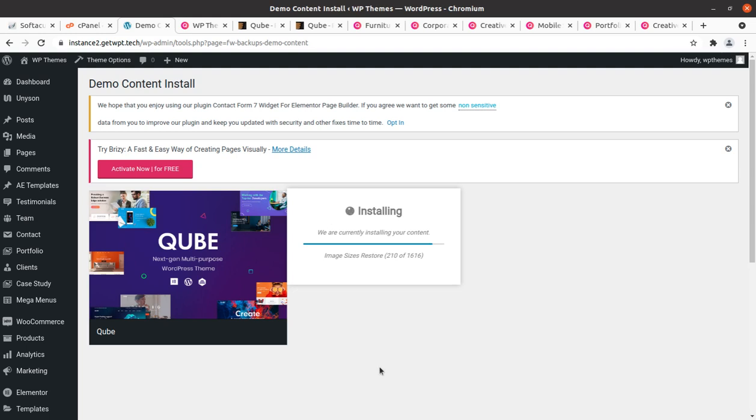And now the image resizing is going on, and there are 1616 images, which is a great number. So the system is going to resize all the images, and it is definitely going to take time, but it is really necessary for your website.